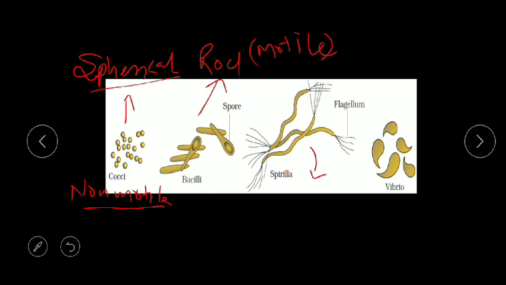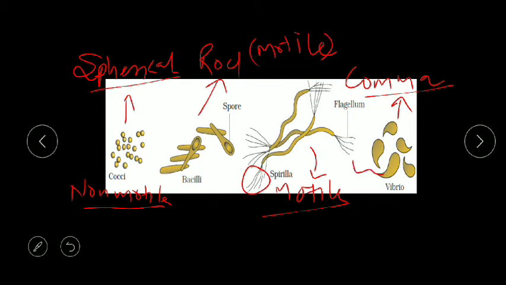Next you will find spirilla. They are spiral shaped, and spirilla have flagella, as you can see here. So they are also motile. And the last one is comma shaped. The vibrio are comma shaped, and this comma shaped vibrio does not form a group, but has a flagellum at one end, which is not shown here. So they are also motile. So here you can see four shapes: spherical, rod shaped, that is bacillus, then motile spirilla, and motile comma shaped vibrio.